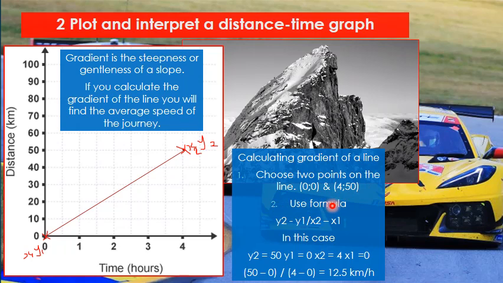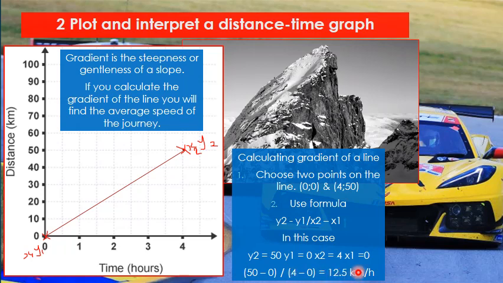So to calculate the gradient, you say y2 minus y1 over x2 minus x1. So y2 is 50. This point that is further away from the 0 is the one you say x2, y2. This one closer to the 0 or at the 0 is x1, y1. So y2 is 50, y1 is 0, x2 is 4, x1 is 0. So y2 minus y1 is 50 minus 0, x2 minus x1 is 4 minus 0, so you